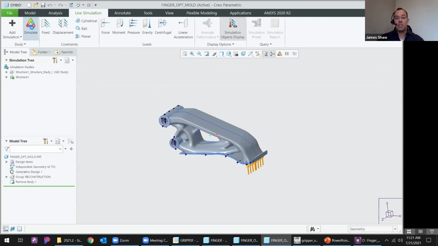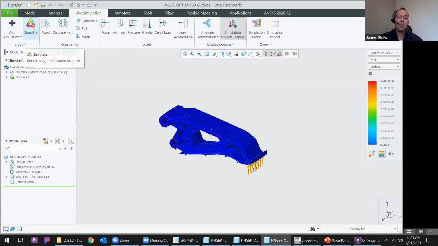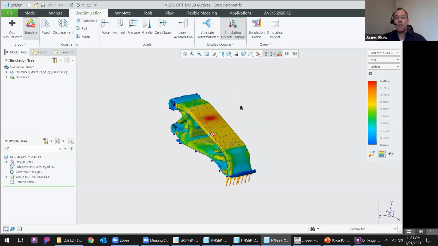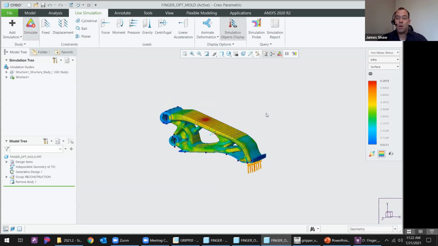It's going to take about 10 seconds, but this is actually going to run a full FEA analysis, not your traditional FE analysis that we're used to, where we have to mesh it and assign everything. This is all automatically built in. It's meshing it a little bit differently, and it's running completely on the GPU, which is the graphics card. You can see that, roughly speaking, we're converged right about now, and that probably took around 10 seconds. So 10 seconds to conduct an FEA is pretty quick in the world of FEA,